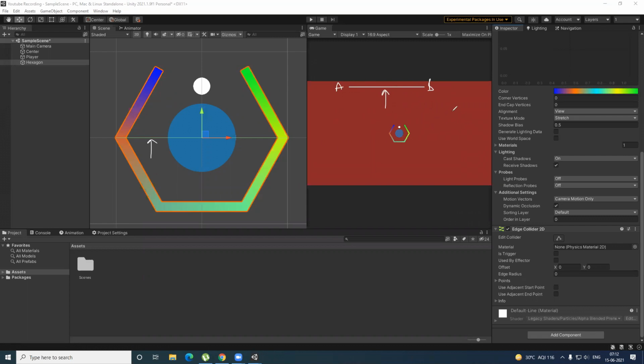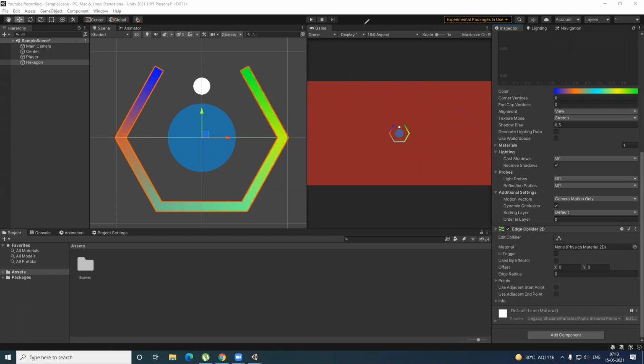There are multiple types of collider, like a circle collider, which perfectly fits on a circle. Then there are capsule colliders, which perfectly fit a capsule. There is a box collider, which perfectly fits a box, and so much more. But this is a hexagon and not any of those shapes, so we're going to make an edge collider, and we're going to make sure it's on all 5 faces with all the 6 points.